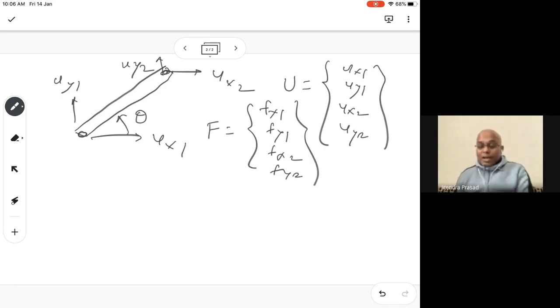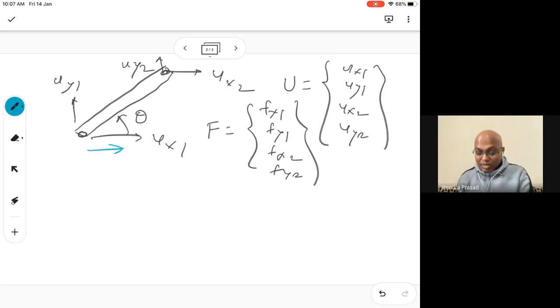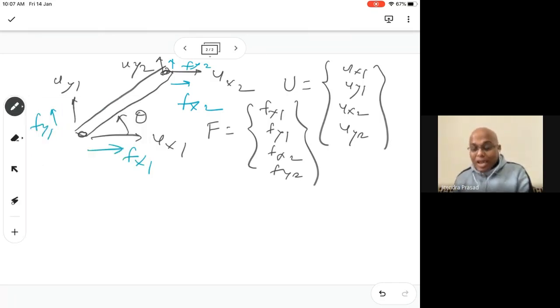Okay. Now, what is k? When it comes like this it is easy, right? Wherever there is a displacement, there will be a corresponding force as well. So the corresponding force will be fx1, the corresponding force here will be fy1, then fx2, and the corresponding force here is fy2. Now, when you have to find out k, then you can use the